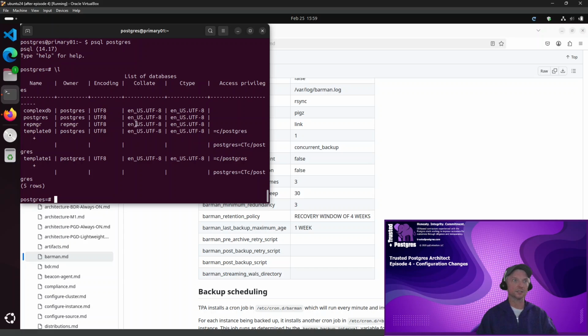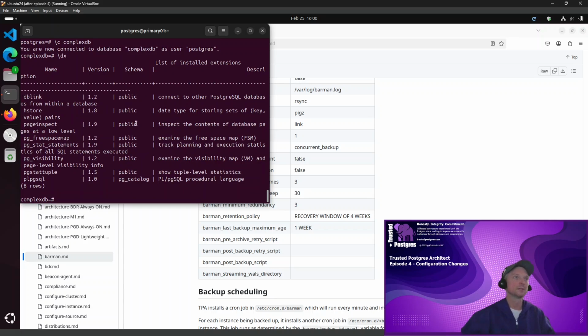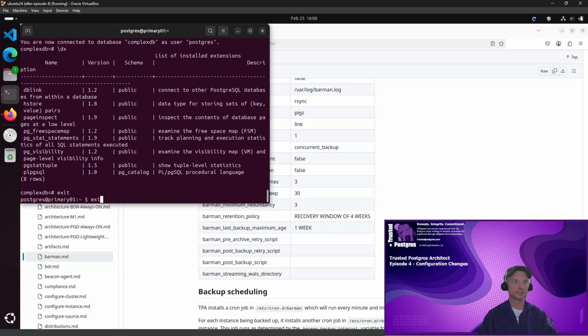Now we want to check to make sure our hstore and dblink extensions were added to that database. So I'll connect to that database and I'll run the \dx meta command to list the extensions in this database. From here you'll see dblink has been added as well as hstore. So I'll exit out of the container now